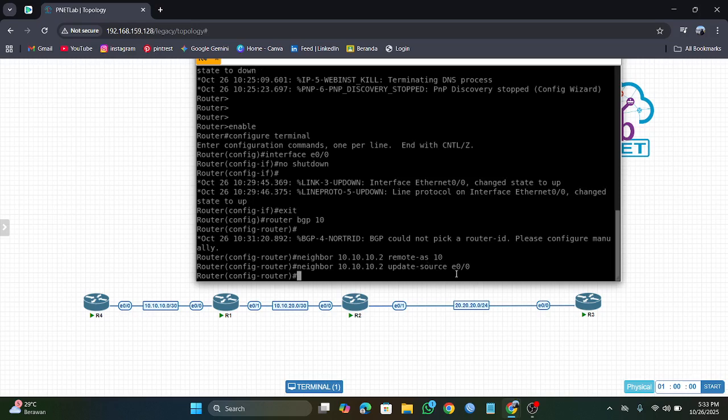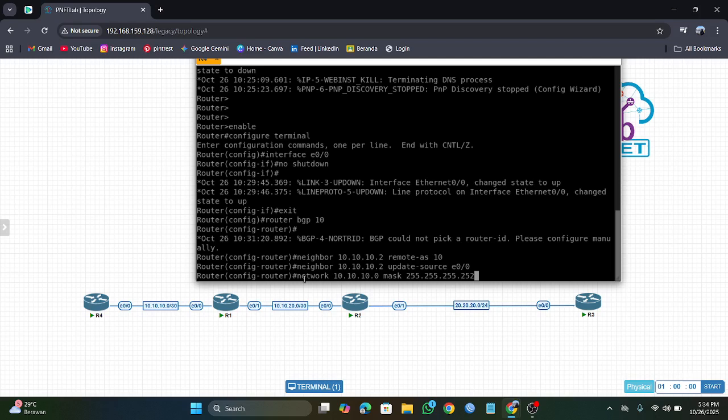Next we type network 10.10.10.0 and subnet mask 255.255.255.252.